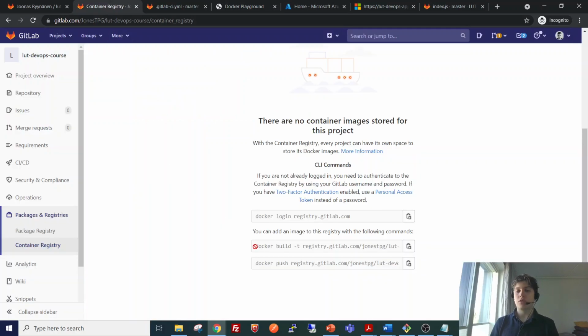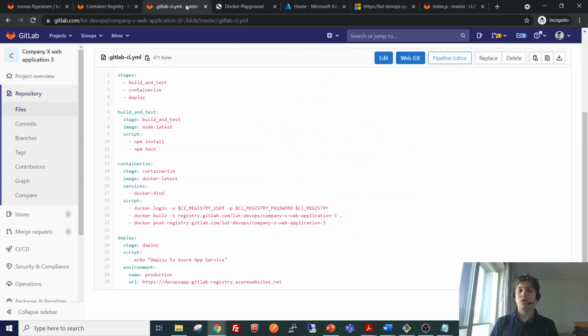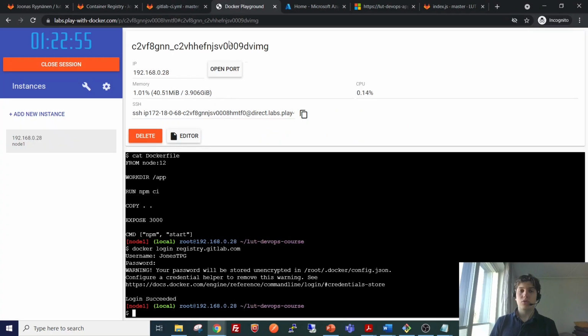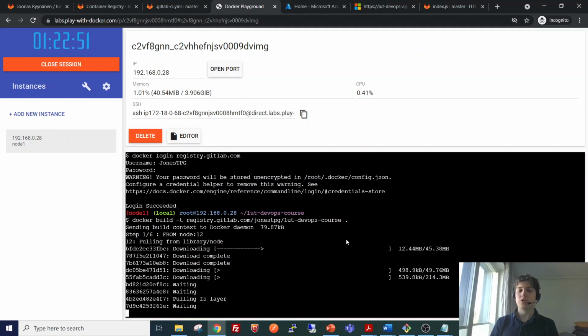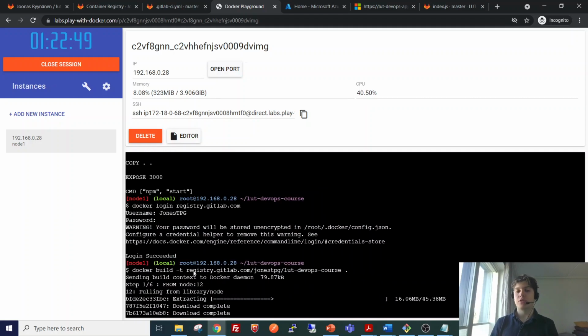The next thing I will do is build the image using the tag that is referring to the external registry. So let's go ahead and do it. This is similar to building the image to my local Docker, but I can build and tag it to refer to the remote registry.